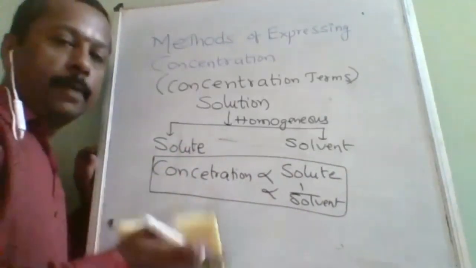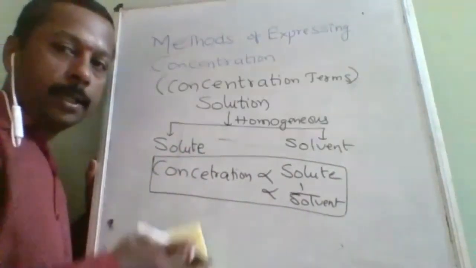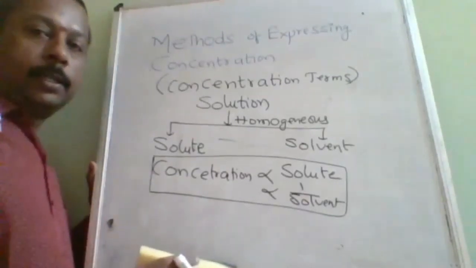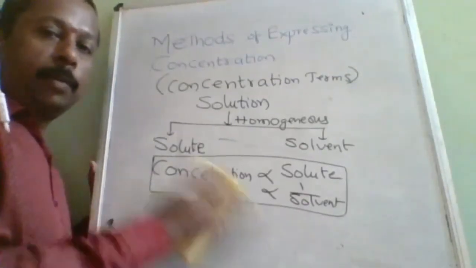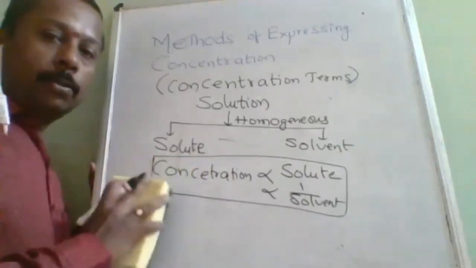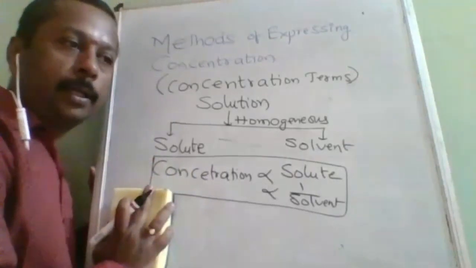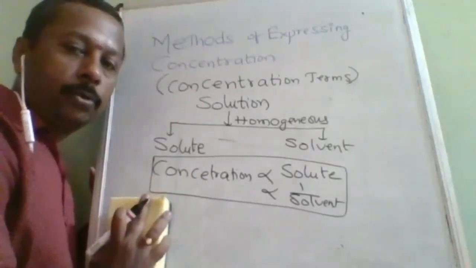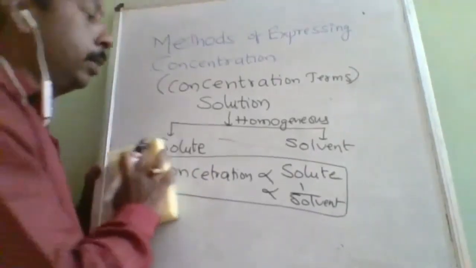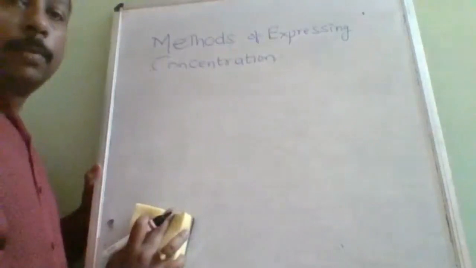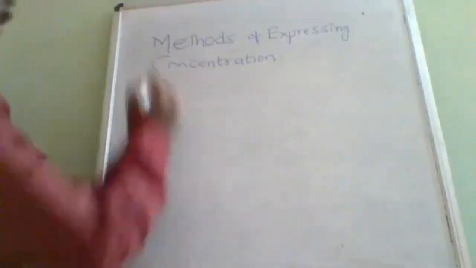But there are plenty of methods. One has a disadvantage, then they go for another, which has a disadvantage, then they go for a third one, and when they realize the third one also has a problem, they may go back to the first. So no method is perfect and no method is complete. That's why you should know every method and also be able to interconvert them. If you are given something, you should be able to convert it into another form.